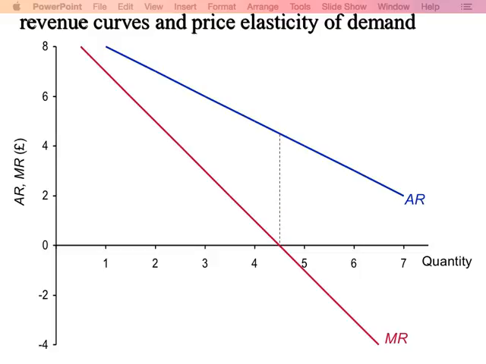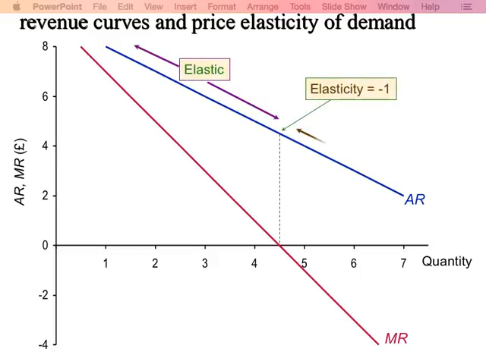Now, it will become a bit more clear in the next few slides. But for now, I want to relate this to something we covered in week 3. Remember elasticities? We will be covering that as well in the test. Remember, demand was more elastic at high prices, somewhere in the middle unit elastic, and then at low prices, it will be inelastic. That's the case here. It will have unit elasticity at the point where the marginal revenue crosses the x-axis.